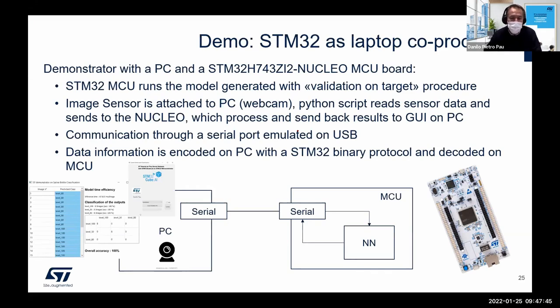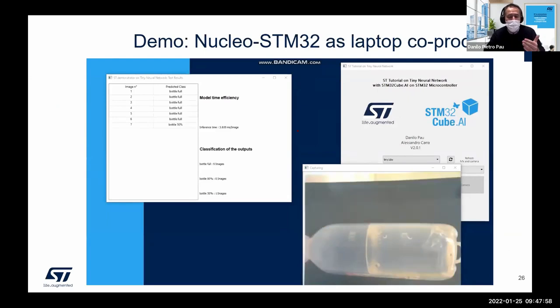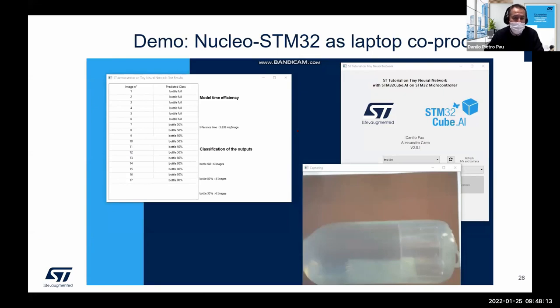No. We introduced a methodology where, since the deployment is automatic, I can connect, I can mimic, I can use the Nucleo board with an STM32 microcontroller as a hardware accelerator. And this is not a joke, of a PC, because in such a way I can connect any sensor that I like, for example, a webcam, and start immediately my field trials. In this case, on the STM32H7, the inference per image is about 4 milliseconds. This is an 8-bit